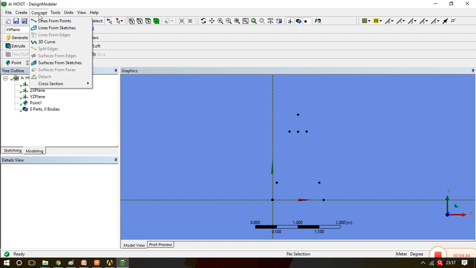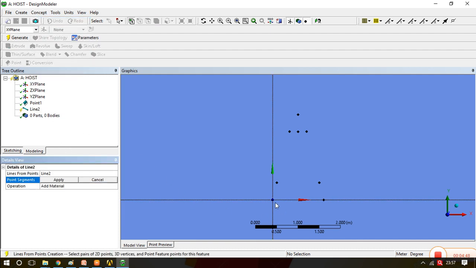Now go to the concept, select lines from points and generate the line body. Select the first point, control, second point, first point, then control, and you have to draw like this. So it is saving our time, as we need not give the points as per the location.